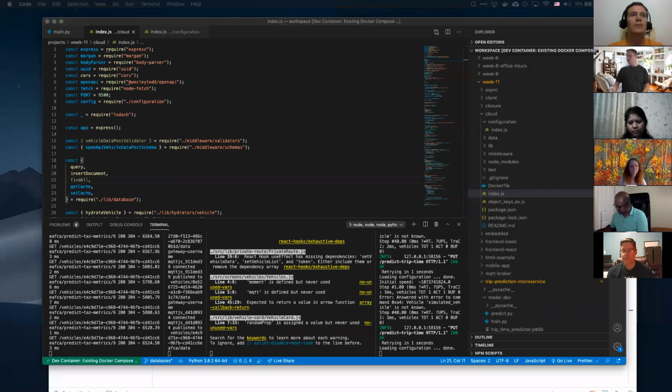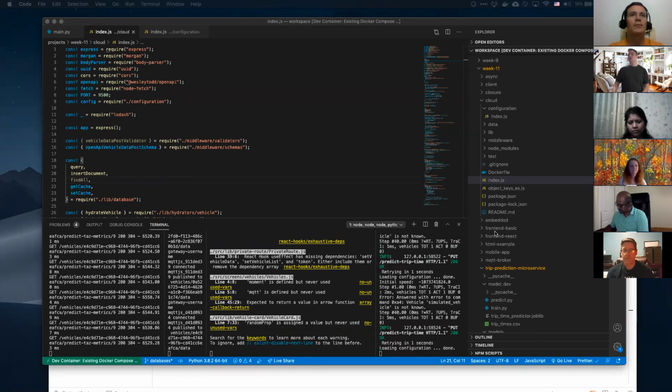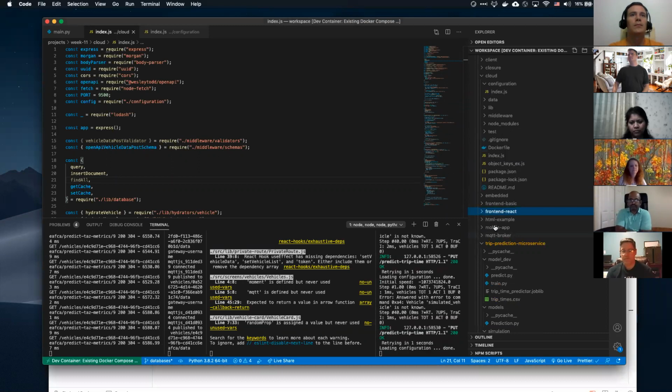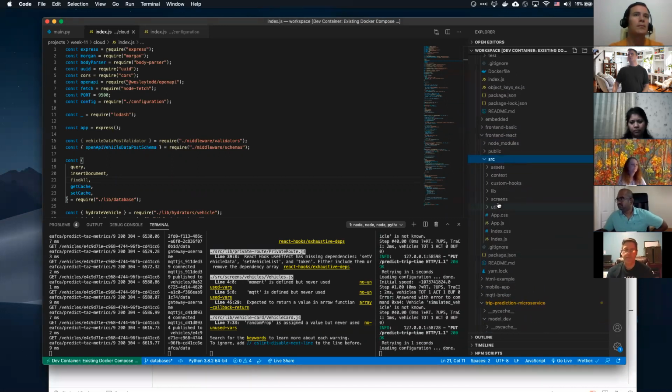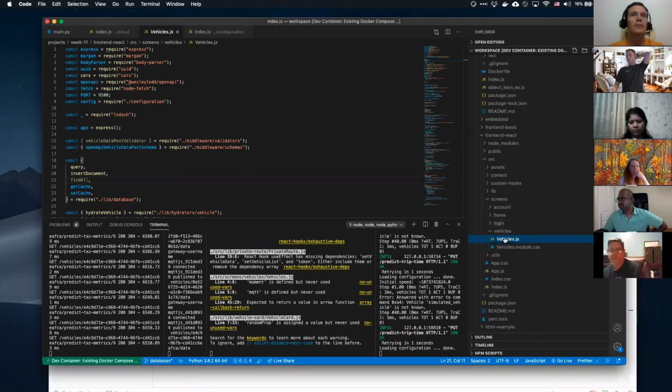So we need to go to our front end React. We need to go to our source here. We need to go to our screens. I think we're in vehicles.